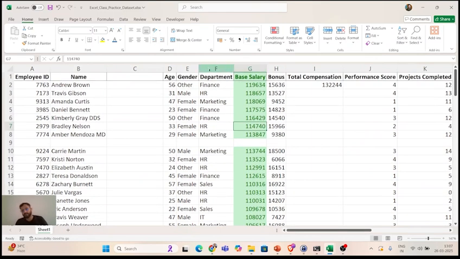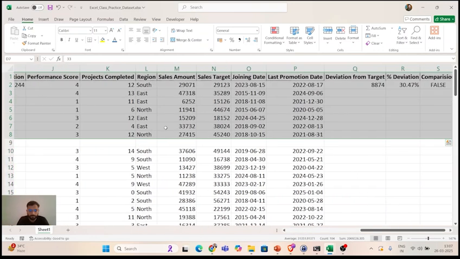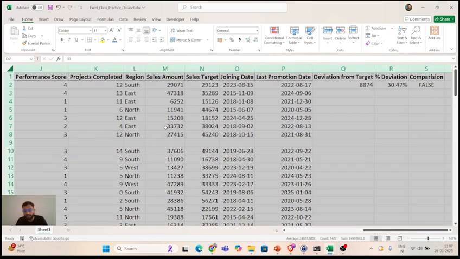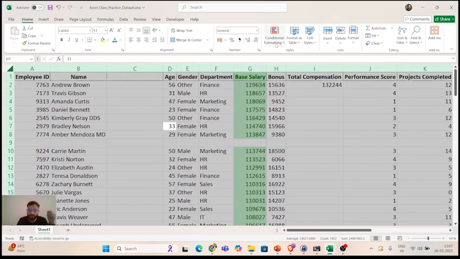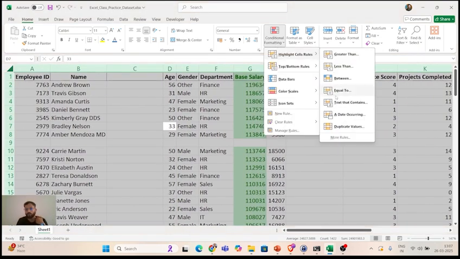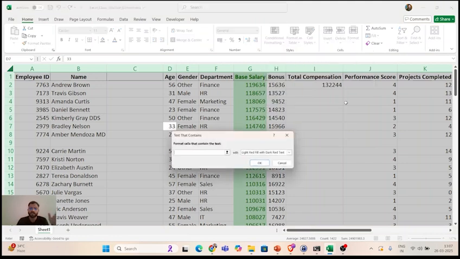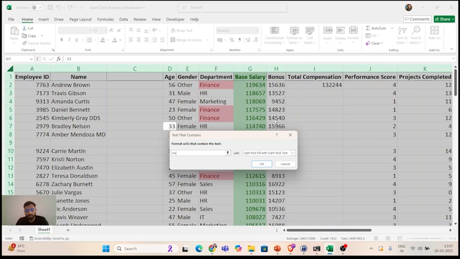Correct? Let's say if I select this department, or maybe if I want to do the formatting in the whole table, I can click on Control A once again, because there were some blank rows. Conditional formatting, highlight cell rule, and I go to text that contains. Let's say I want to highlight those texts which contain FIN in them. Let's say FIN. You can check for any other thing as well. See, in the background, finance is highlighted already. So in the whole table, in any column, if FIN exists, it will be highlighted.